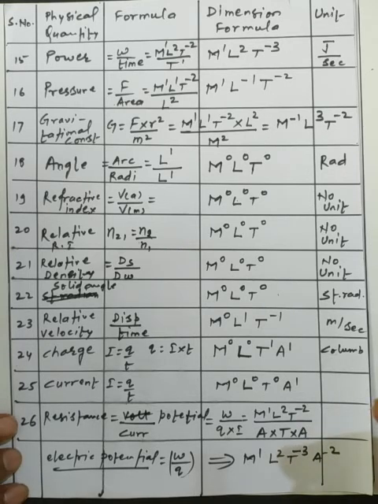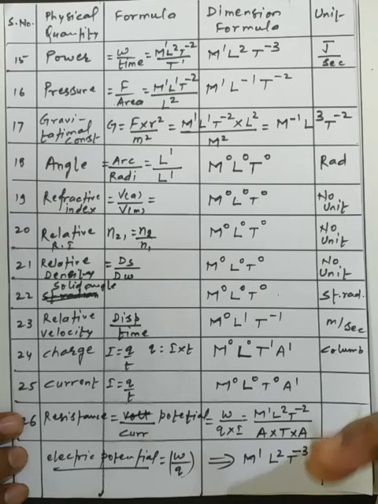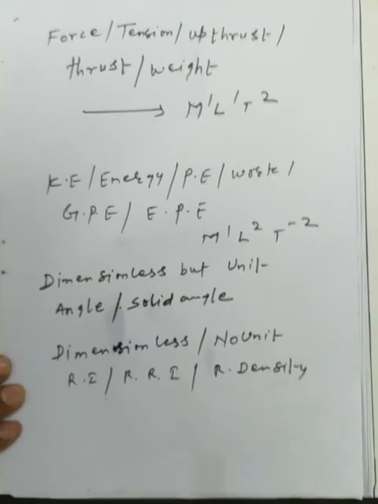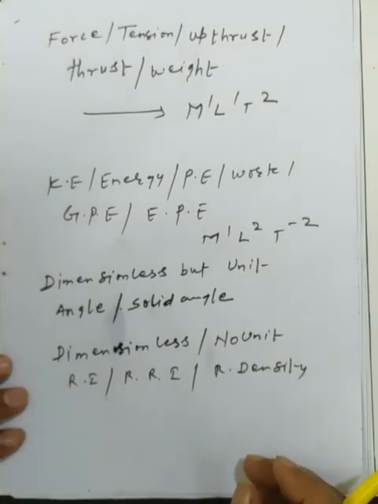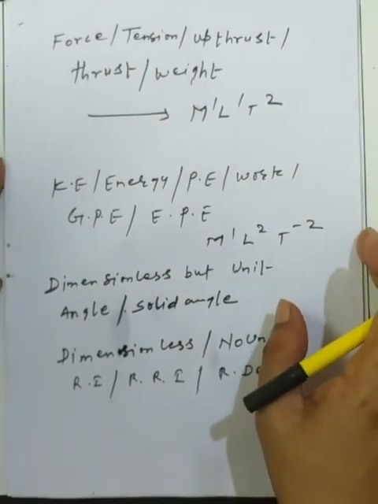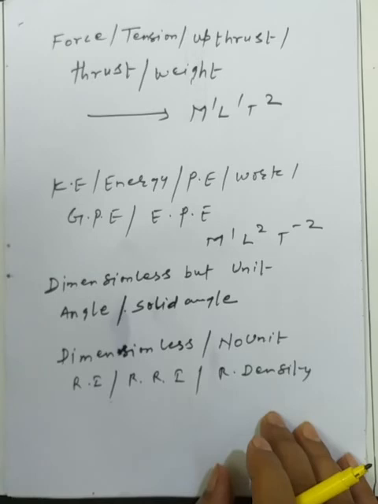two or more quantities can have the same kind of dimension formula, so need not be confused about it. But whenever we get the same kind of quantities, just like a group of quantities, we can easily learn the dimension formula, as I am taking a group of quantities in front of you. Now students, we have some groups of quantities, so we should pay attention towards them. So easily we can go with the number of dimension formulas very easily.